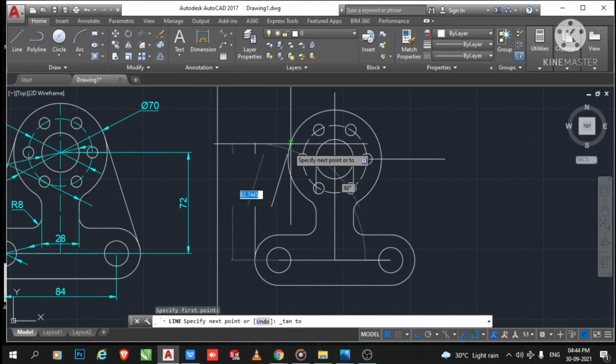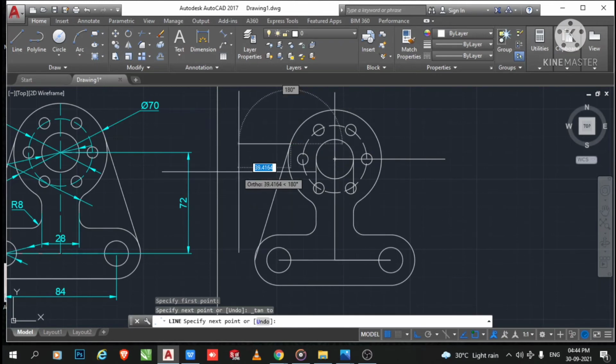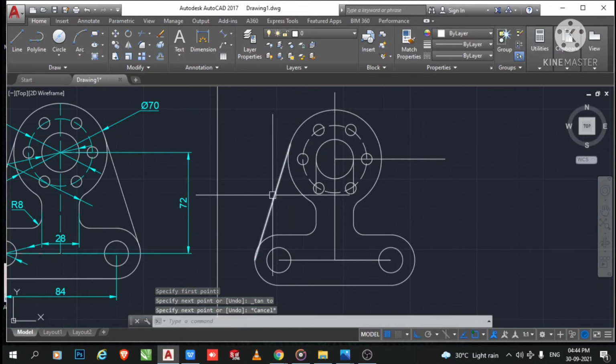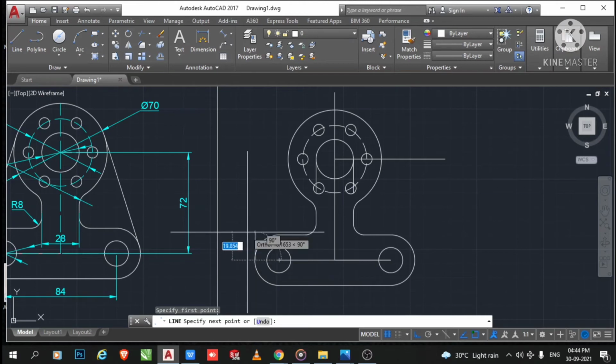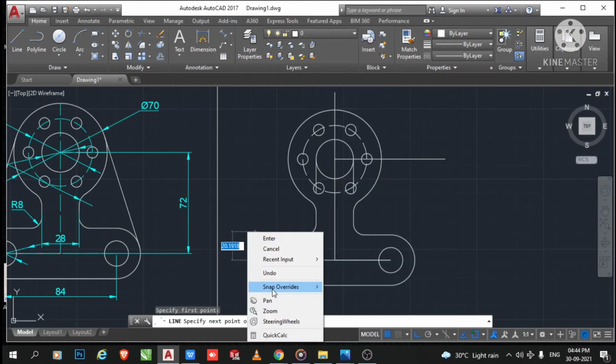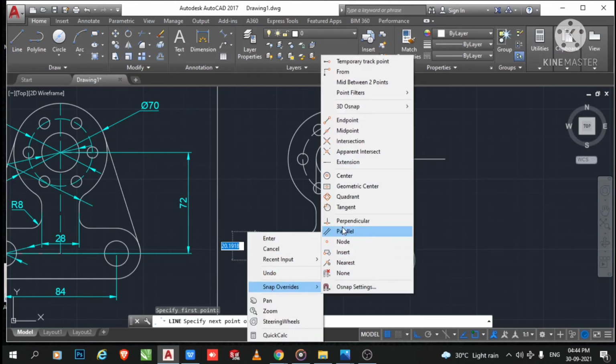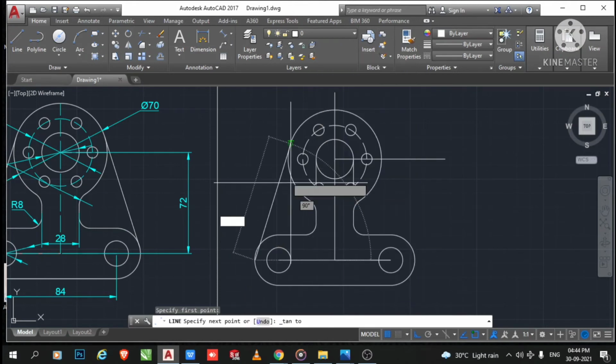So it will be tangent to this circle, so it is not selected properly. Again select this line, select this one, go to the snap and make it tangent.